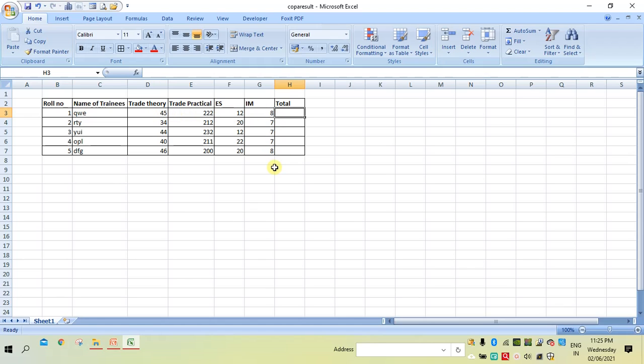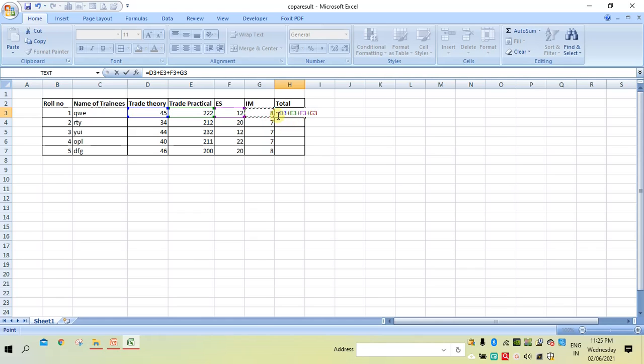For example, equal to the content of this cell, that is D3, plus E3 plus F3, plus G3.